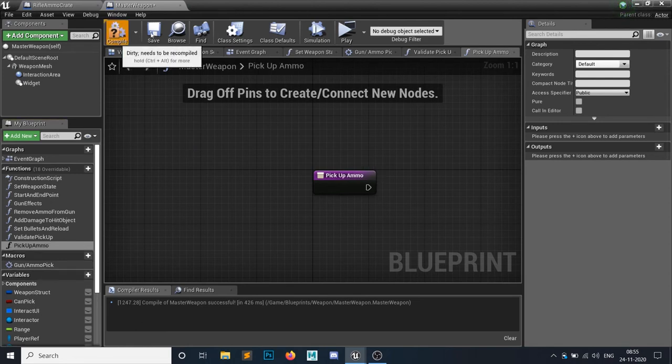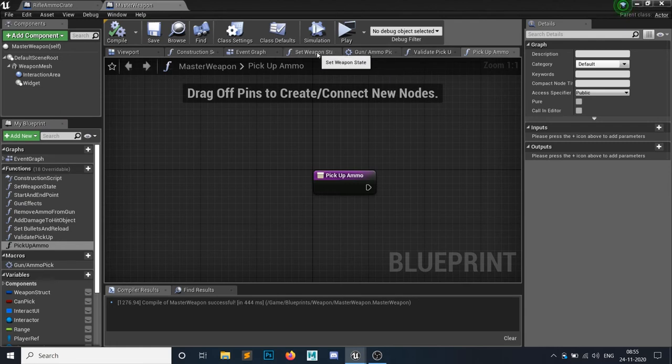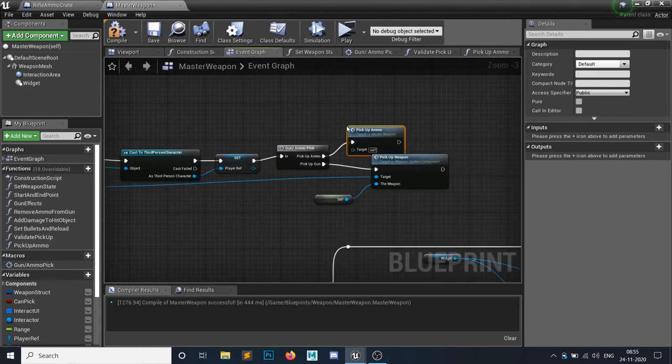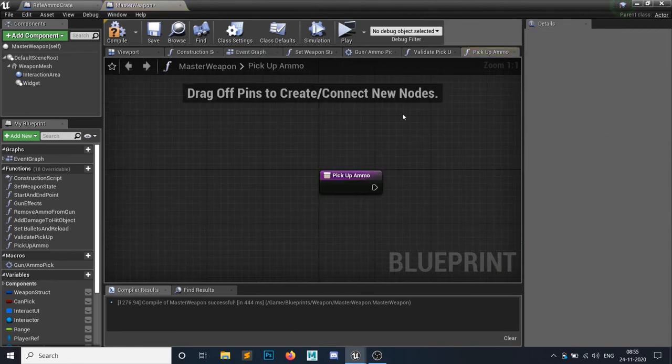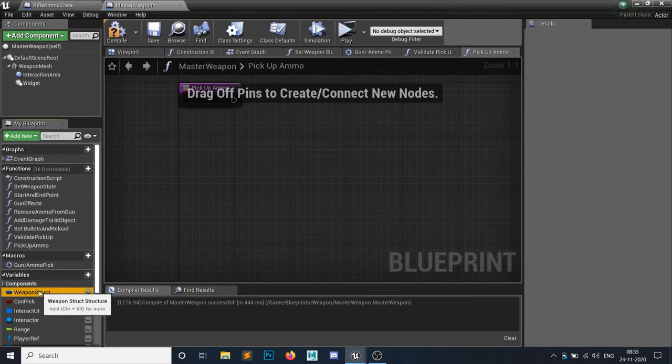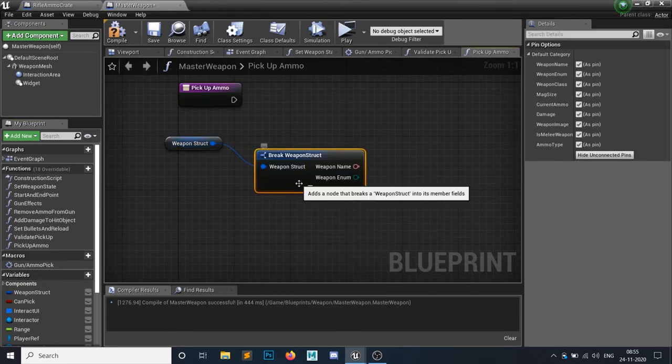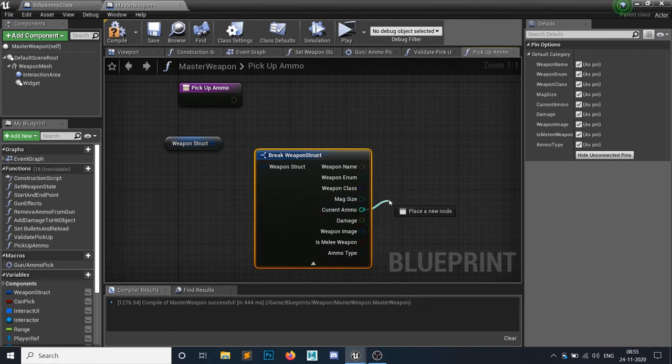Right. And in this event graph, in this call, we are going to call that pickup ammo function. So let's code this pickup ammo. We need this weapon structure, and inside this weapon structure, if you break it out, we have the current ammo, right?